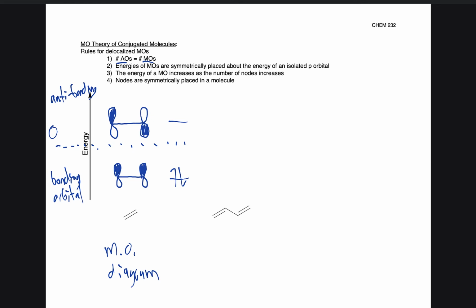And so to keep going here with the terminology, which we'll keep using as we talk about this in class, don't worry if this is a lot of information at the beginning. We're going to go over this in a lot of detail in class too. So we have our bonding and antibonding molecular orbitals here, and so we can also call them our highest occupied molecular orbital, which we also refer to as our HOMO, and then we have our lowest